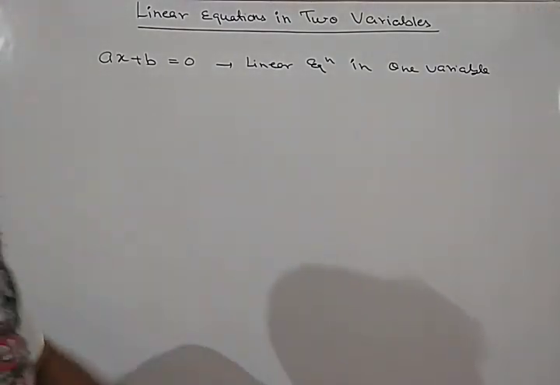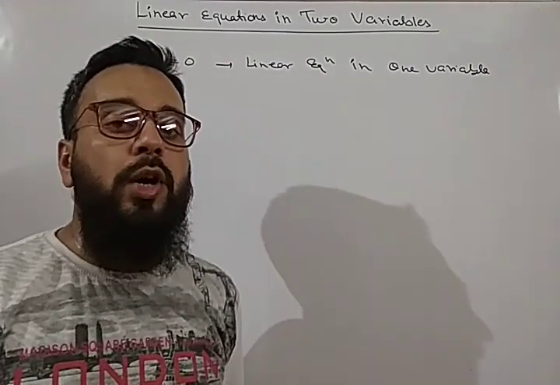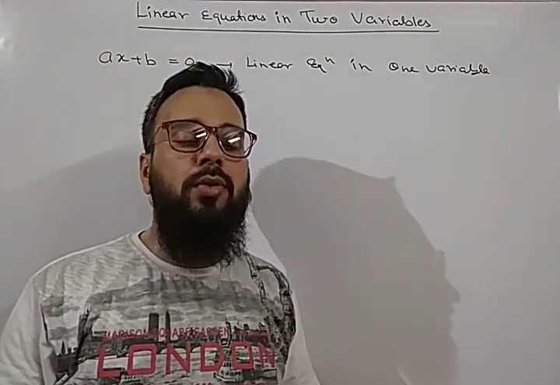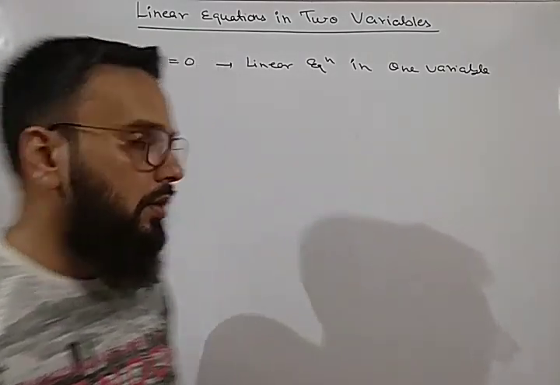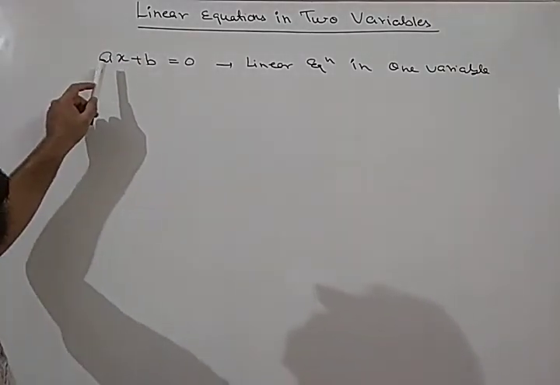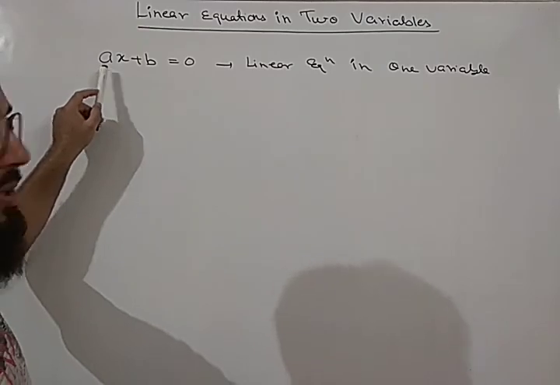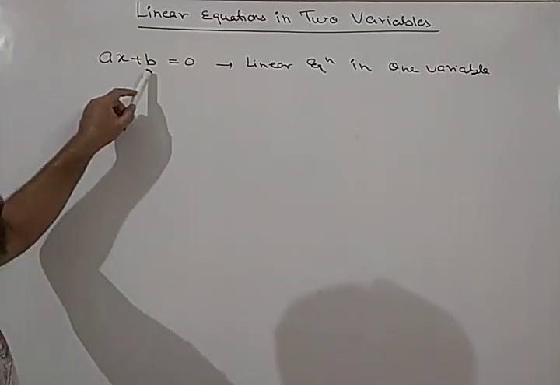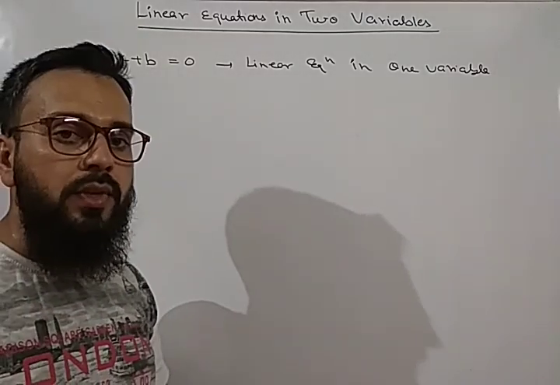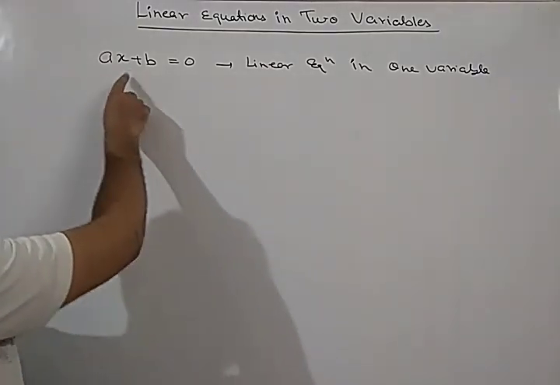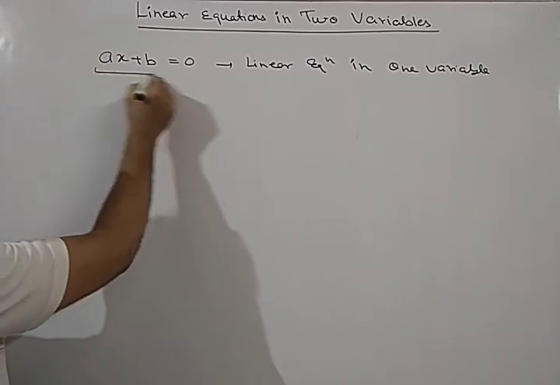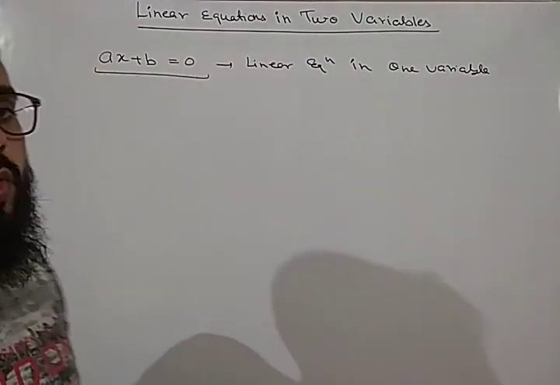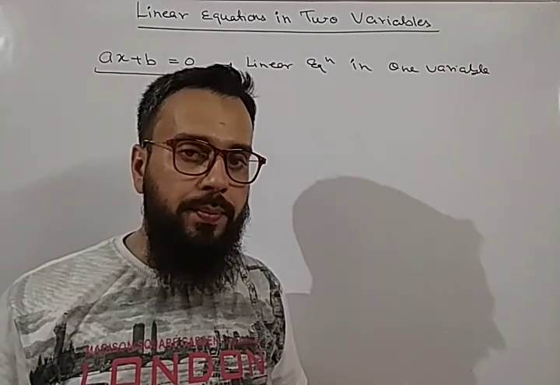When we studied the chapter polynomials, we talked about literals and variables. So here x is a variable, a is a constant term, it may be any literal, any number, and b may be any constant number. Whenever we have one variable, an equation of this form, ax plus b equal to 0, is called a linear equation in one variable.